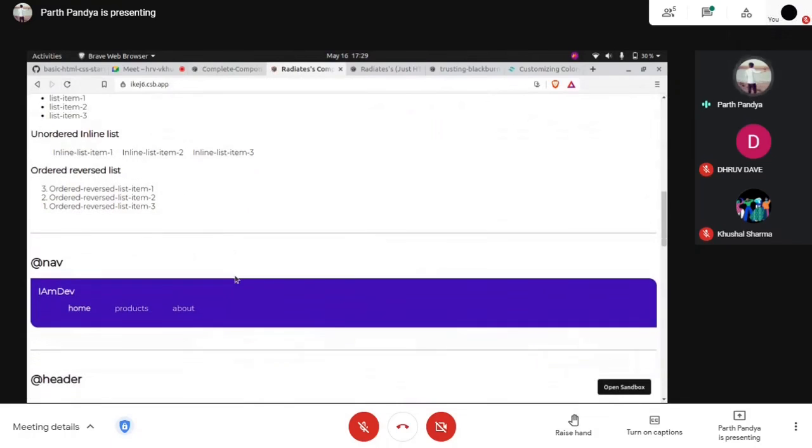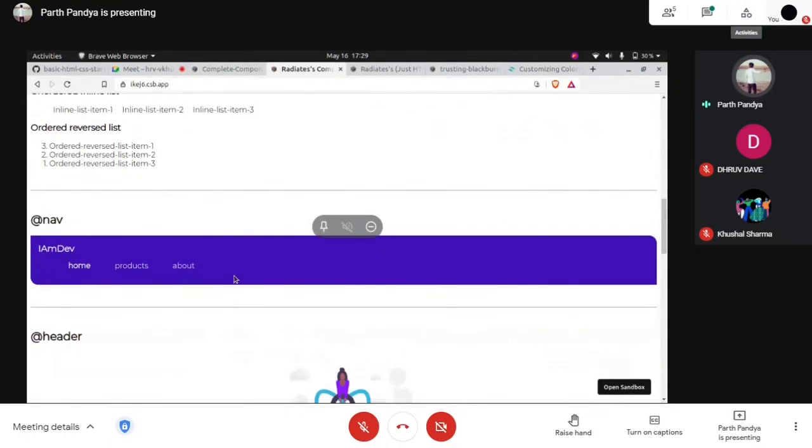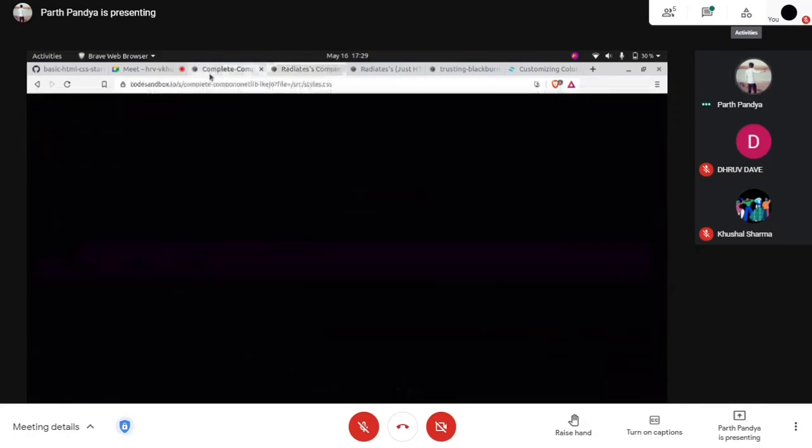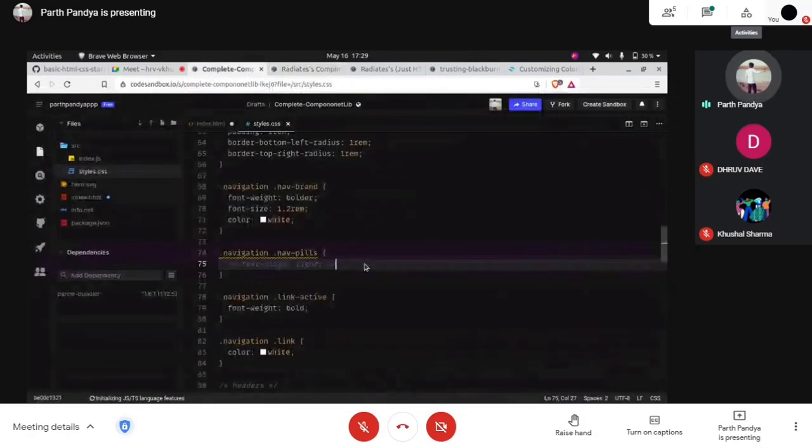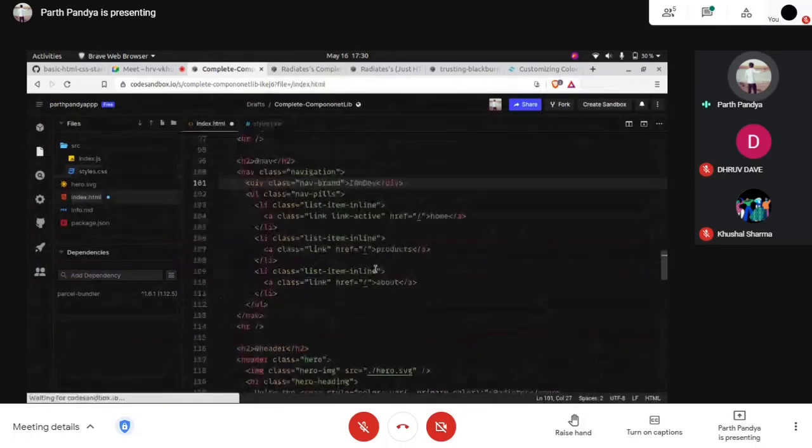So this does not really look nice, right? This home, products, and about does not look nice. We want this to be aligned to the extreme right of the navigation bar. So we have a property, and so we had this style. We use this class navfills, and we added this navfills to here, class navfills, and we use this